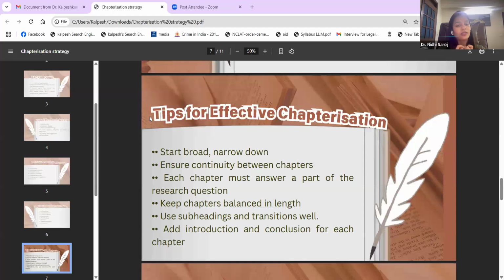Fourthly, it is very important to keep chapters in balanced length. I have read some theses whereby chapter 1 is very small, but chapter 2 is huge. Chapter 3 is again very small. What is the idea of having chapters? We are making it simpler to read. We are making it logical to read. At one go, one person will read maybe 1 or 2 chapters. If you're making one chapter too long, then it's not proper chapterization. So your chapters should be decided in such a way that they are balanced.